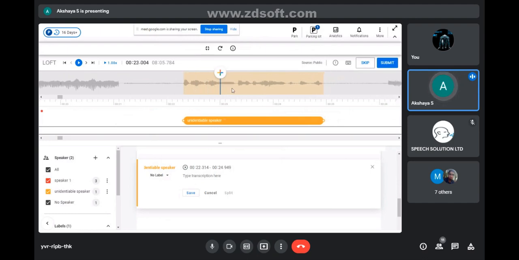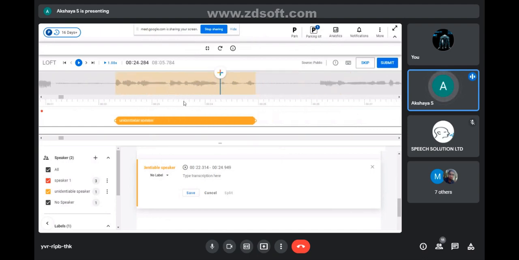You can annotate it for different kinds of speaker voices. Here in this audio range, from here to here, different people are talking together and you can't identify a single speaker.